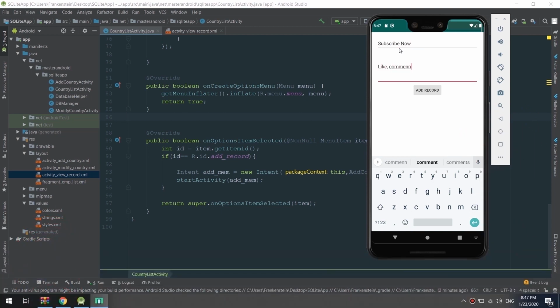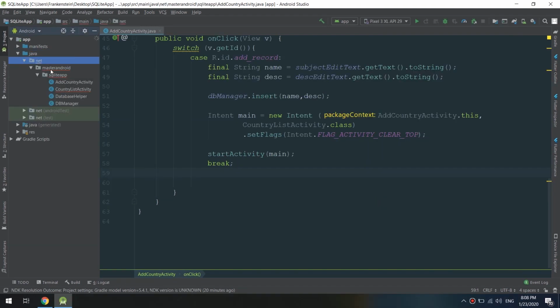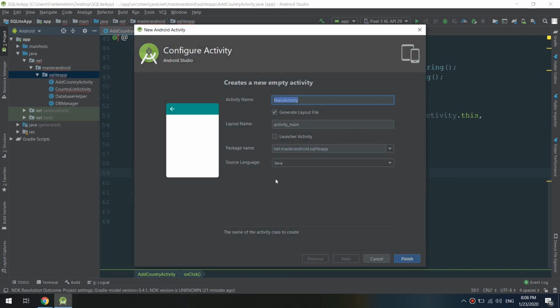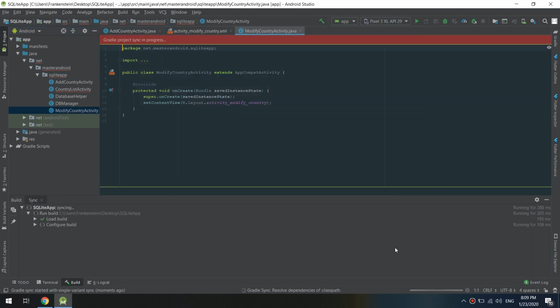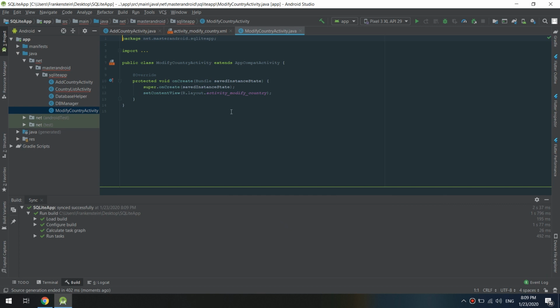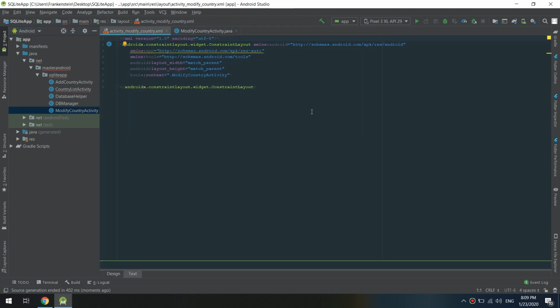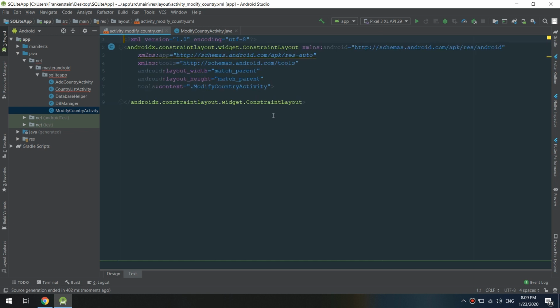Let's start creating and finishing our SQLite app. First of all, we go to our application folder and we create a new activity. Our activity will be renamed as modify counter activity. This activity is responsible for making, modifying and editing the notes and the features of the note and what has been inserted in our database. So in terms of SQLite or databases, this activity is responsible for editing and updating the data